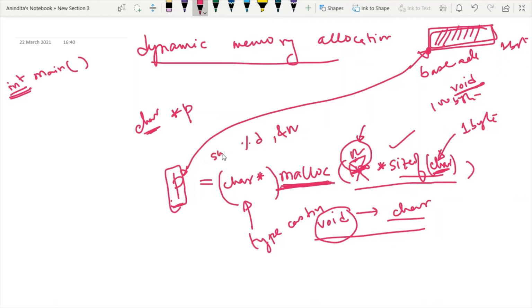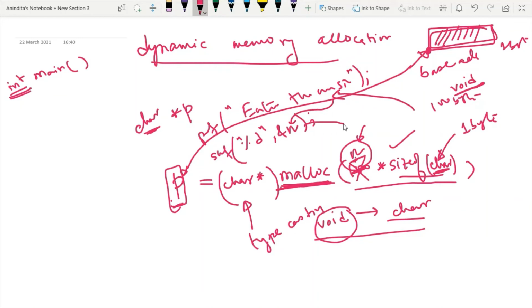By using the scanf function, I will prompt the user to enter the memory size. Whatever memory size is provided by the user, it will be stored in n, and this n is supplied here, and accordingly the memory chunk will be created.